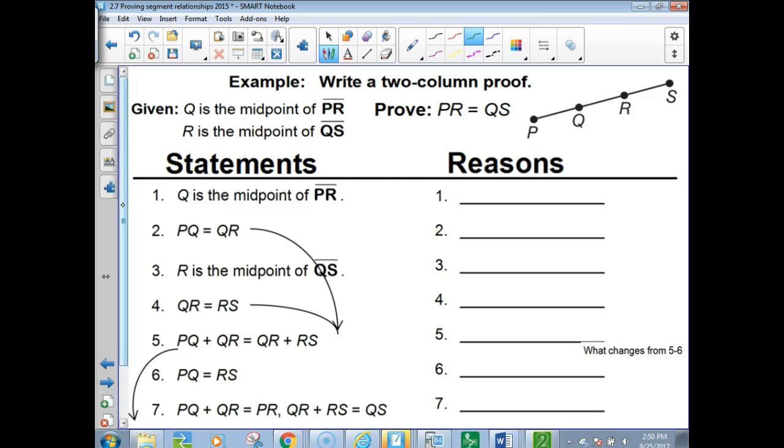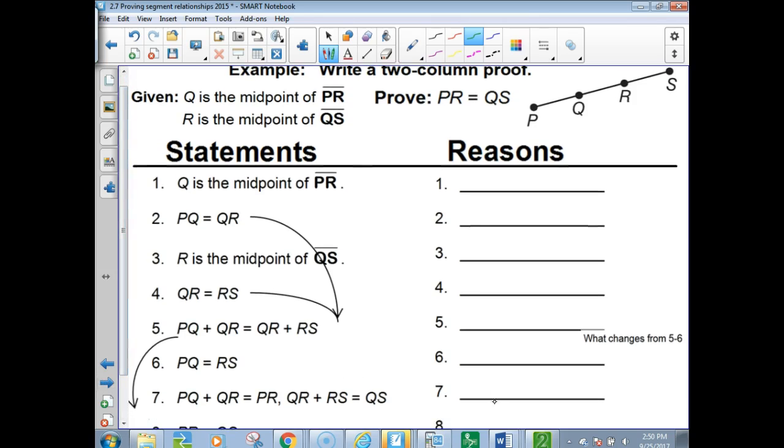We're going to try our first segment proof. So the first thing in a proof, as we did last week, is putting in a reason. What's the reason we can say that? It was given. It was given to us. From that, though, if it's said that Q is the midpoint of segment PR, and you look up here at the picture,